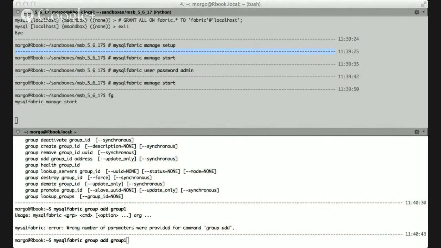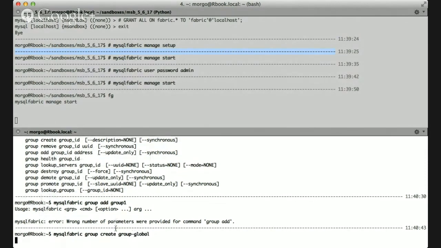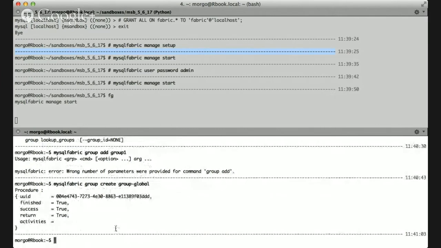Let me just make sure that I've got that syntax correct. Group create. Group 1. Well, let's call it group global. It says that the new HA group has been successfully created. Now what I can do is add members